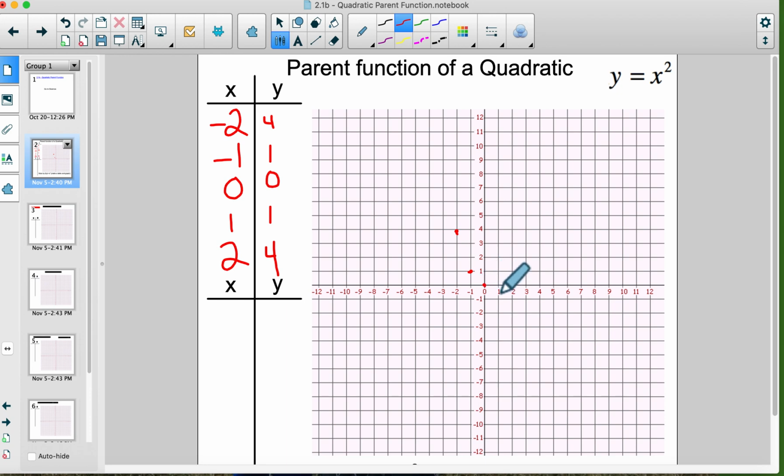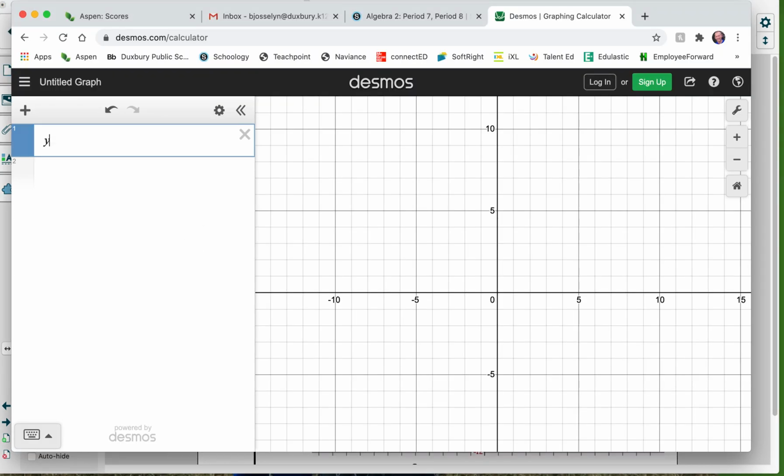So these are all that I need. You could get 3, 9, 4, 16, those are all possibilities too. But just for what I'm doing right now, I'm just going to connect these. Always make sure to use arrows because this parabola is going to go up and up and up forever. So that's it. And if I wanted to do it on Desmos, y equals x squared, so x times x,